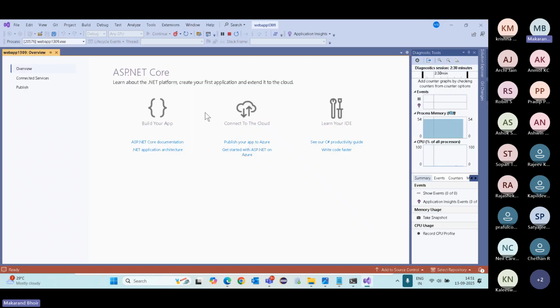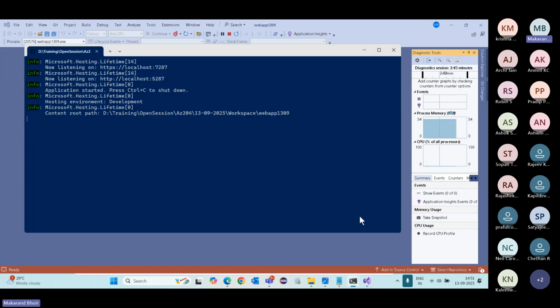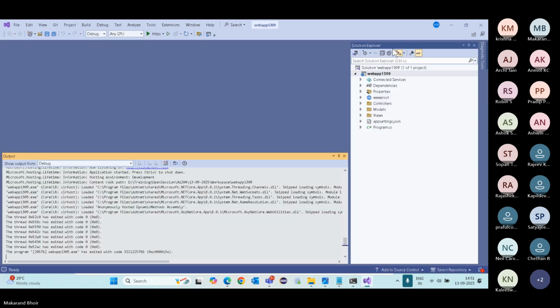So from here, I will be deploying the code directly. So once the deployment is completed from Visual Studio, then we will try to deploy the same project by using CI/CD. So let's deploy first. So in order to deploy this project,